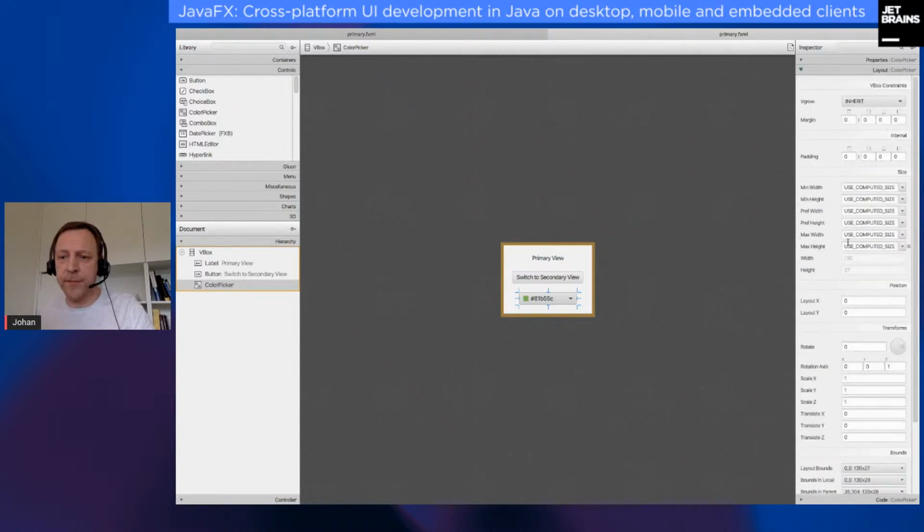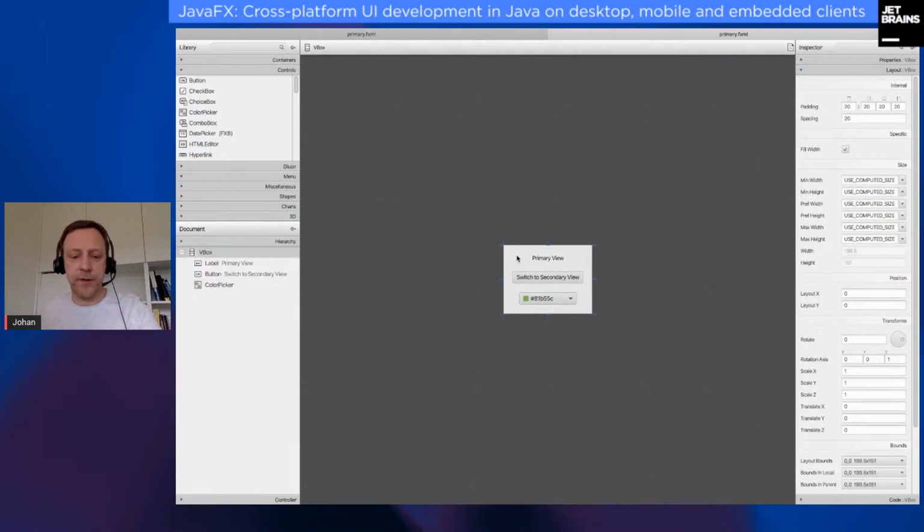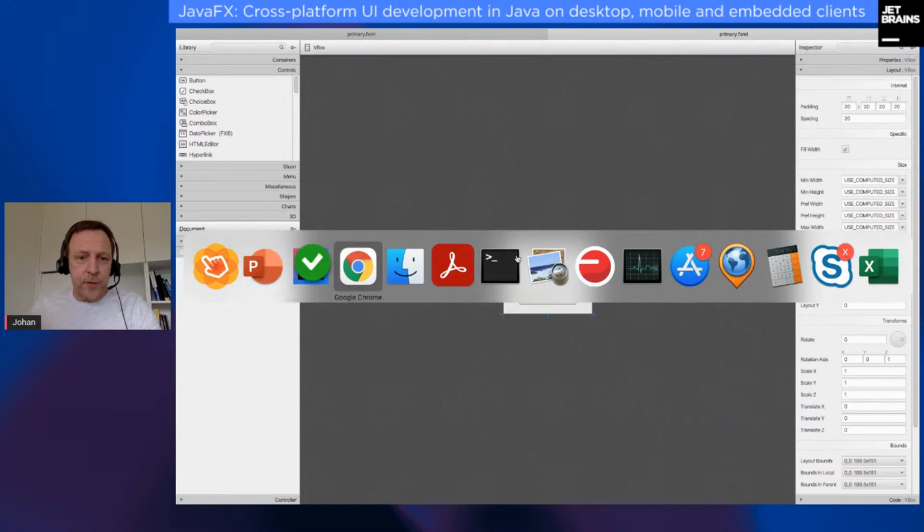I can change lots of other values, also layout properties. I can change the width and the height, also change the behavior and integrate it with the code. I'm not going to do that now because if I do that, I prefer to take more time for it. So let's skip that now. I've saved this view now. And if we go back to our code,